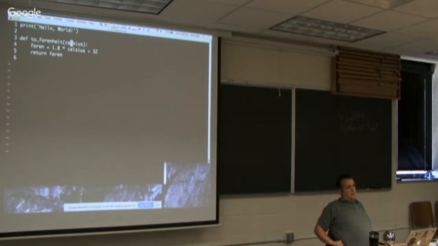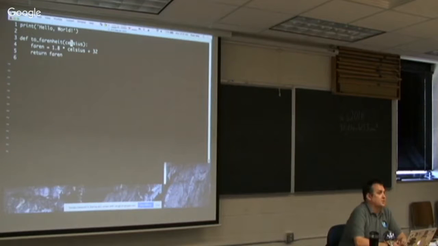So you, the coder here, you make the decision. I assume Celsius is a number I can work with. This code will break if you pass it a string. This code will break if you give it anything other than something that can be multiplied by 1.8 sensibly. Can you specify whether you wanted an integer or floating point? Not to the interpreter that's running the code. You can put it in docs, which is how it's usually done in Python.